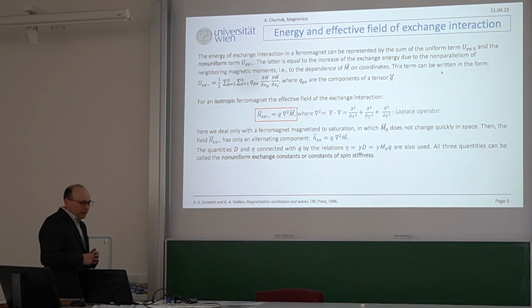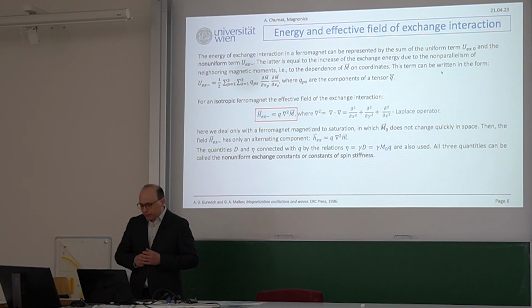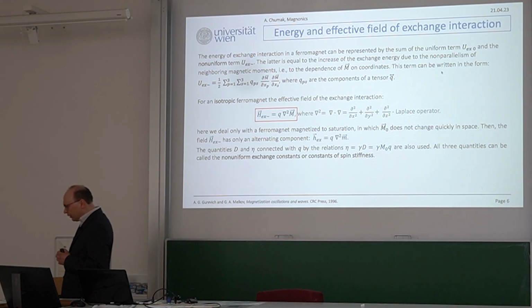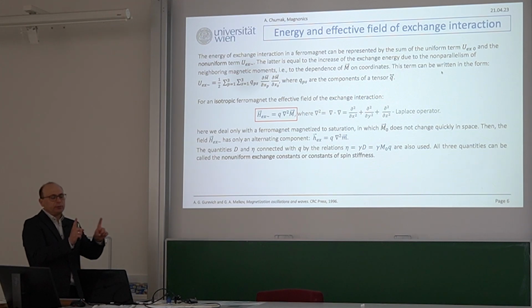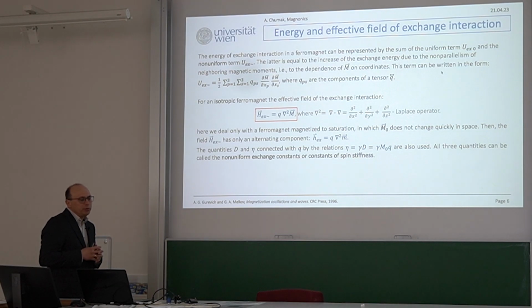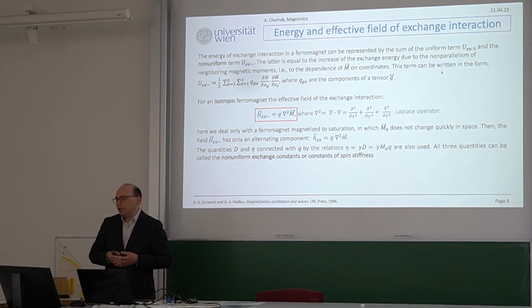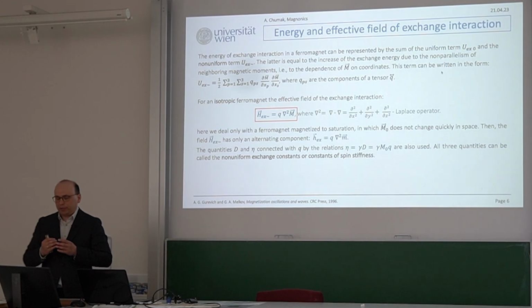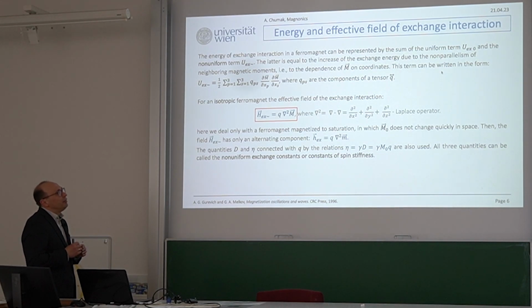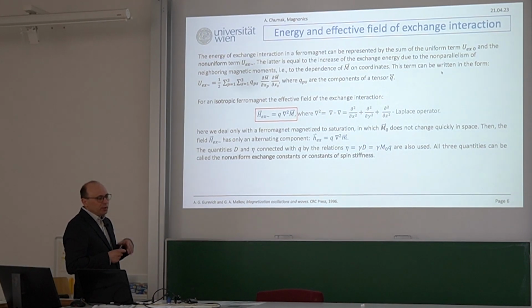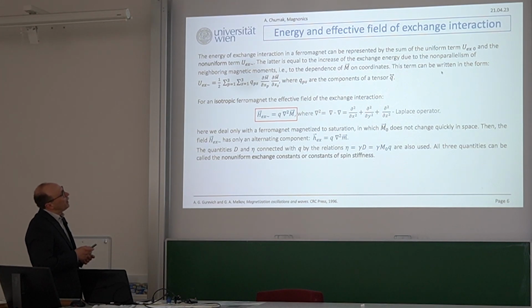When we discussed the Heisenberg exchange model, we considered hydrogen molecules, so two electrons more or less, and an exchange between them. But when you come to real material, it's a 3D structure, and there are many neighbors. And strictly speaking, we are not sure if the Heisenberg model would work also for the 3D case, but in practice, it does work. And then in this case, this exchange integral can be rewritten in such a form